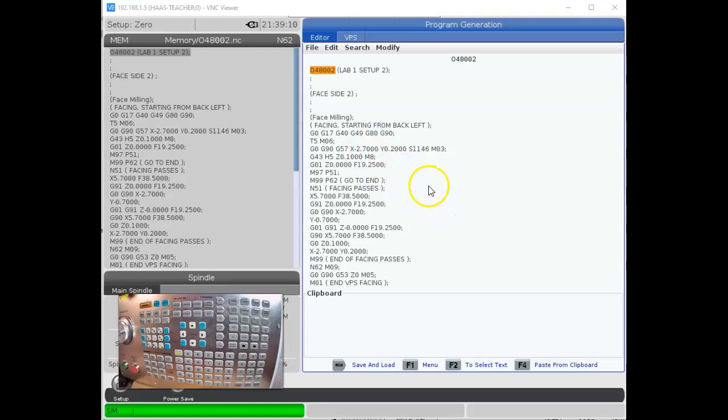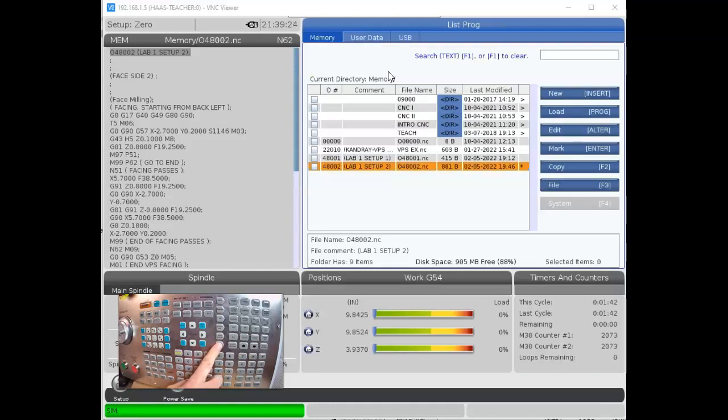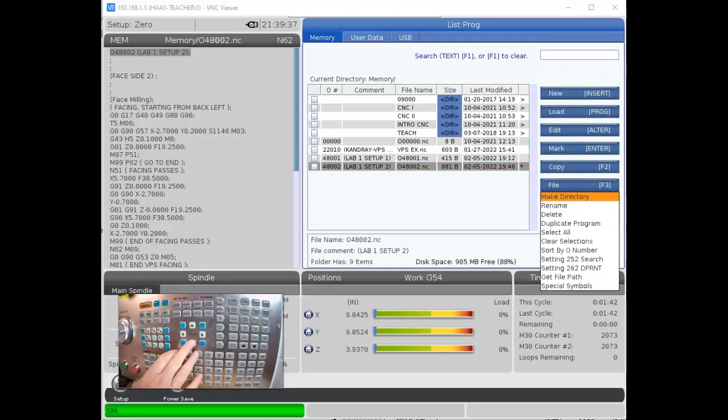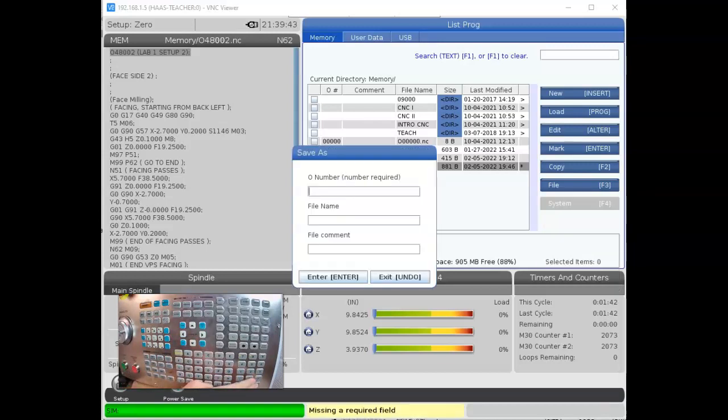So as we return to the Haas control, we can see we've got our second program up, Lab 1 Setup 2, which we are going to duplicate. To duplicate a program, you need to go to List Program. You want to highlight the program that you want to duplicate, and then we're going to hit F3 for File. So I hit F3, and I have an option that says Duplicate Program. So I want to select that. I'm going to hit Enter, and it's going to ask for a new O number, which we're going to give it, for my case,